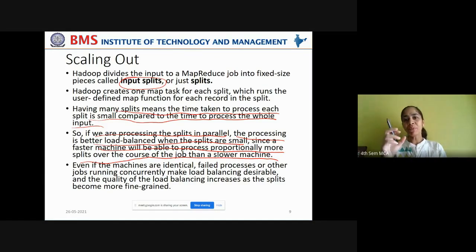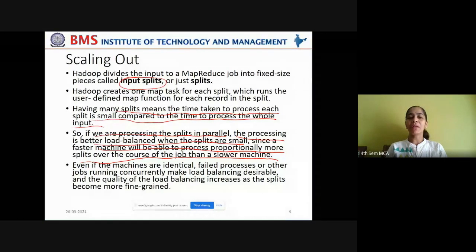So if you keep the splits as small as possible, then machines will be able to load balance easily, so that if the splits are small, they can be executed very fast and more splits can be processed one after the other.